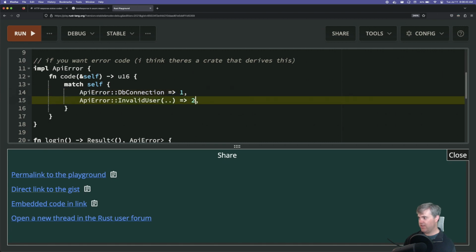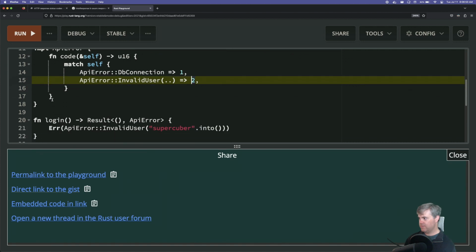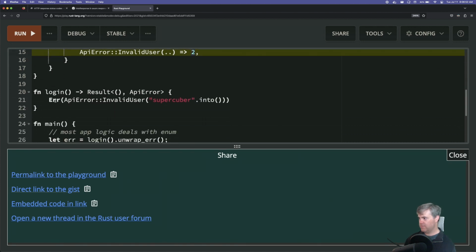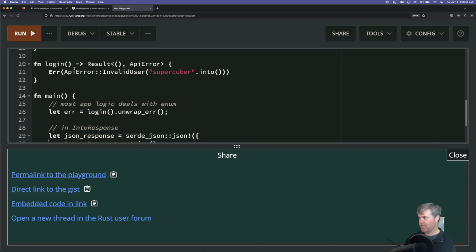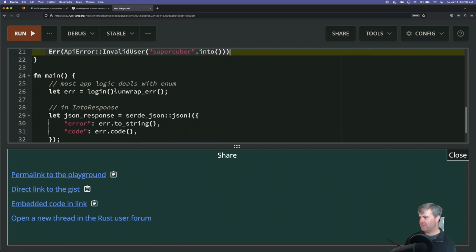So yeah, then you give like 1 and 2, things like that. Okay, so you attempt to log in, but you're always going to be told, nope, you're not allowed to log in.